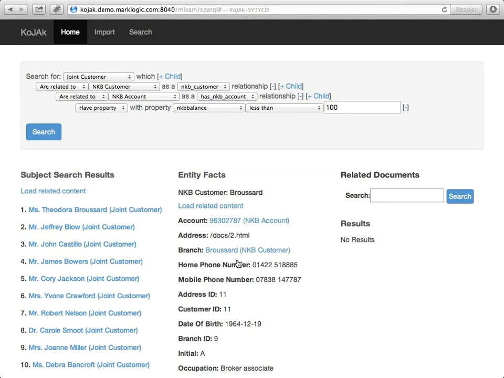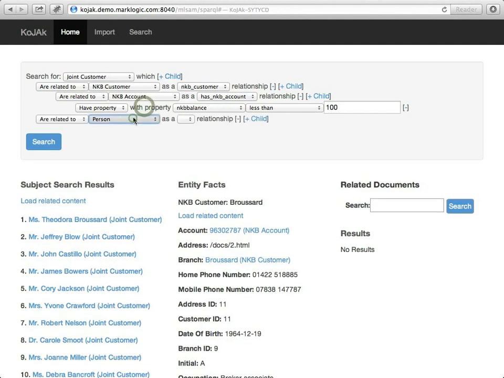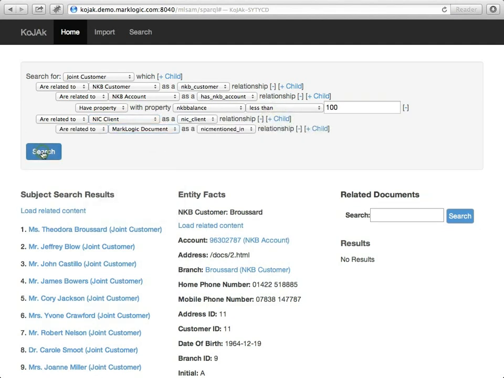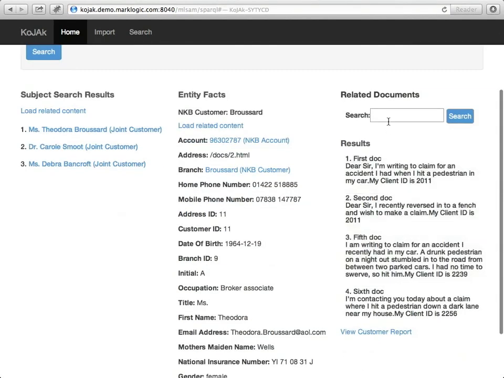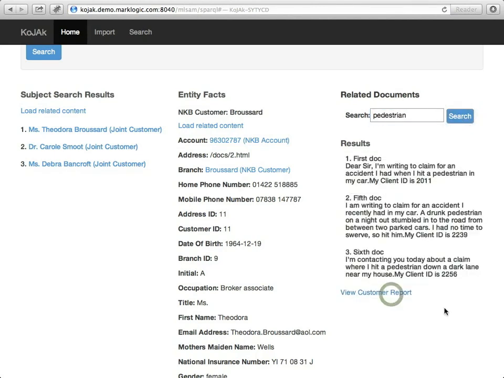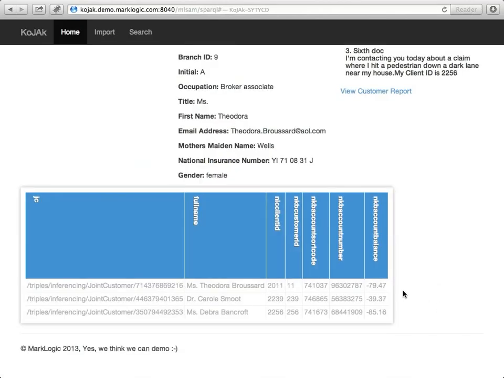Okay, so here are your poor joint customers. Now let's combine this with a content search to find the list of all customers with claims document with the word pedestrian in them. See, Ken, done. Now I click here and you can get a file for the CEO's Excel viewing pleasure. Job done. Job done indeed. I've never seen software so flexible and powerful. It's a miracle. No, Ken, it's Enterprise NoSQL in MarkLogic 7. Time for us to get in the fast lane.